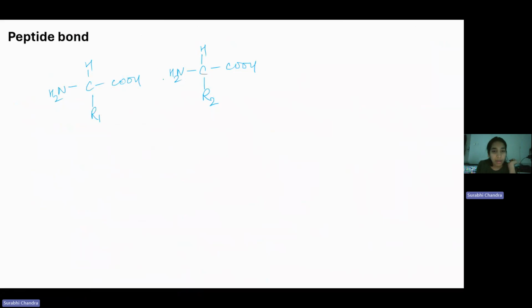So what will happen here is, let's write it this way. Yes. Okay. Now what will happen is, this will go away as H2O. This is a condensation reaction. Condensation will occur to give rise to